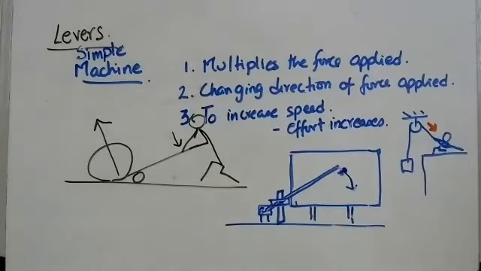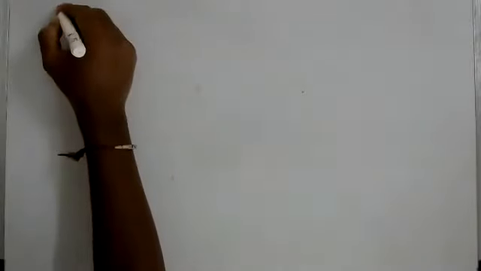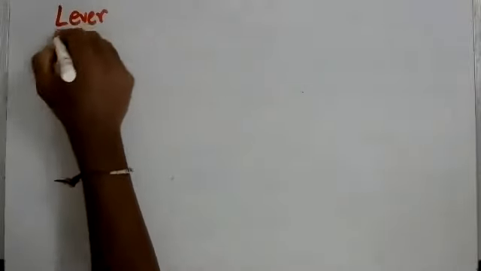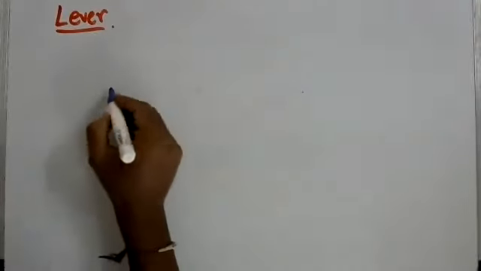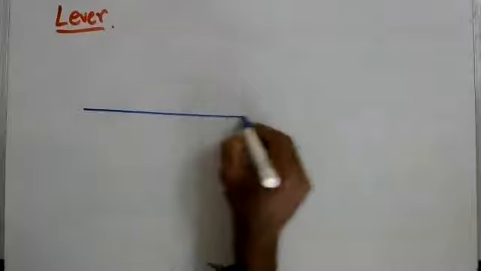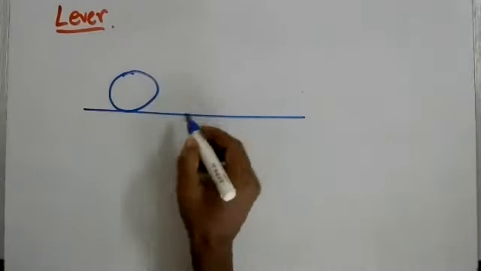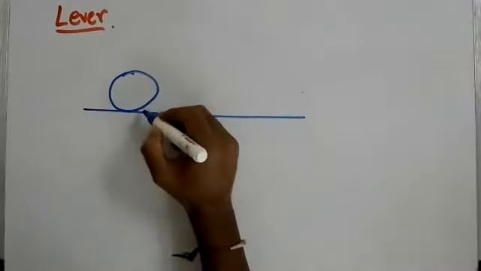So now let us move on to discuss levers. Any questions at this point of time you can ask. We now discuss the first kind of simple machine, that is the lever. Just like the diagram that I drew in the session just before this, the simplest way to think about a lever is when you have a big boulder that you need to lift or move.